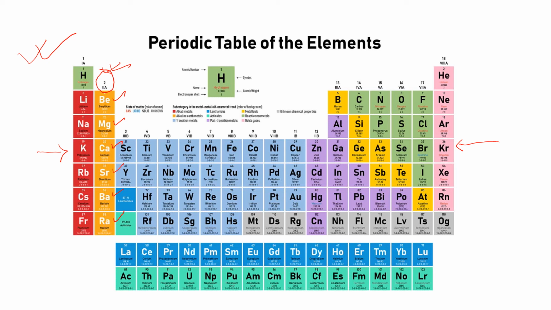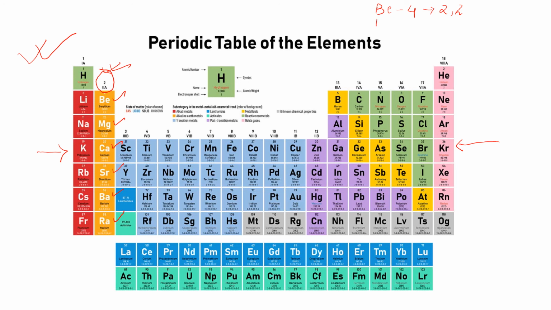Just let me show you. Suppose I am taking beryllium, whose atomic number is 4. Now I have to break this into electron orbits. The first orbit, as I told you, can accommodate 2 electrons, and the second orbit can accommodate 8 electrons. But it is having only 4 electrons, so 2 are going in the first orbit. So 2 are left, they will go in the second orbit. So the second orbit is having valence electrons 2.